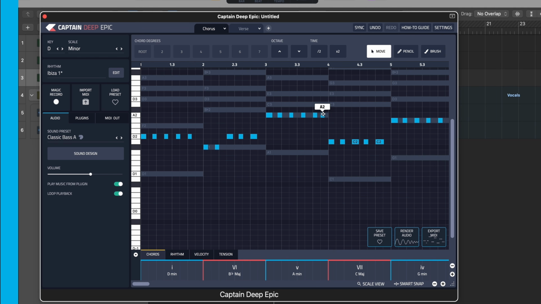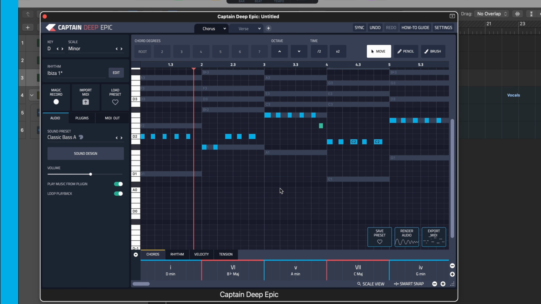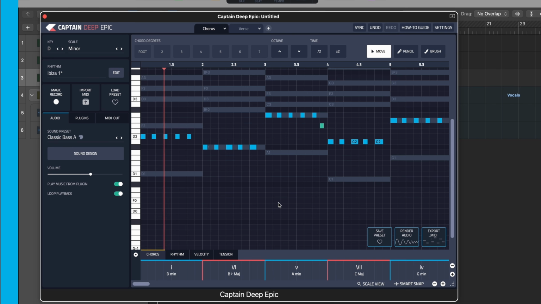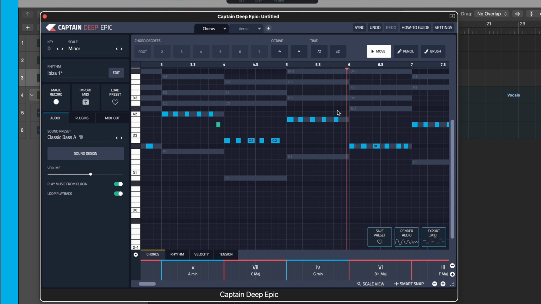Now, I would probably say this one would make more sense to come down to here, or perhaps here, or even here. I think try it there. Let's try it here for a bit more tension. So blue, there'll be little tension because it's chord notes. Green, a little bit more tension. Yellow, lots of tension. Oh, don't want that either. Yeah, that's much nicer.